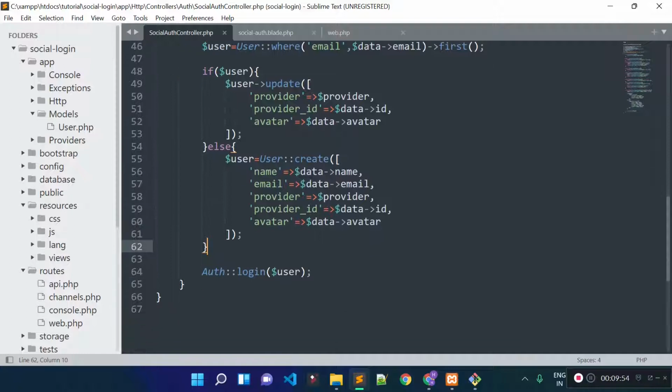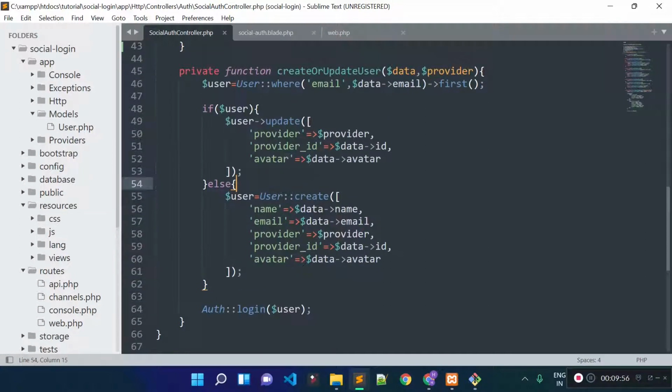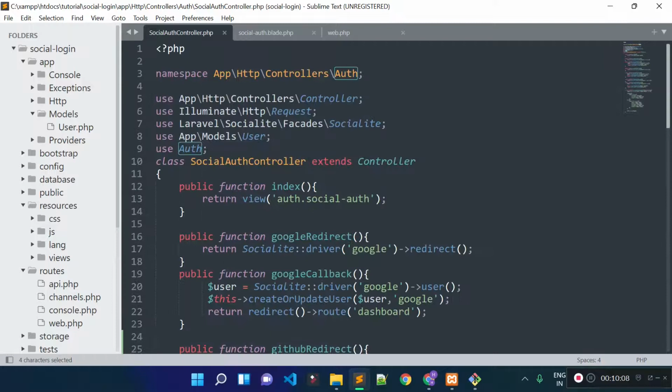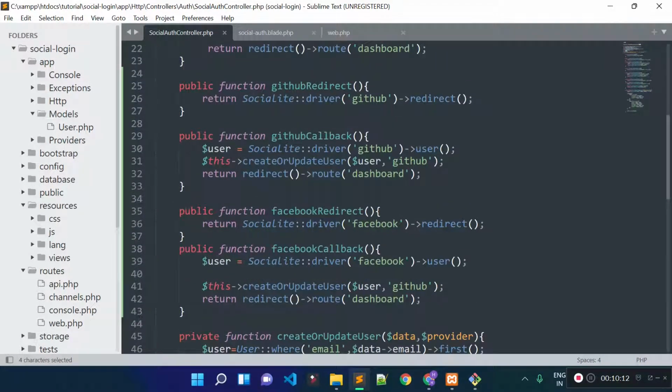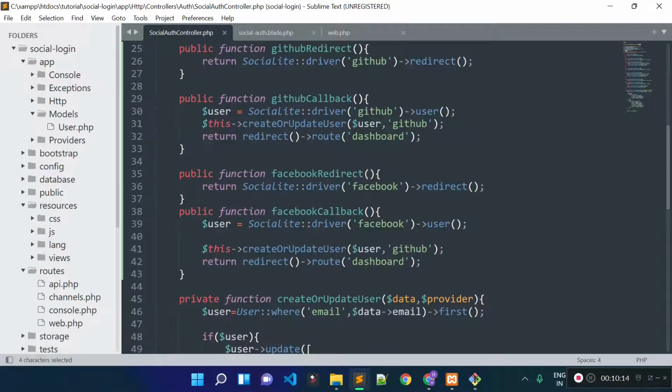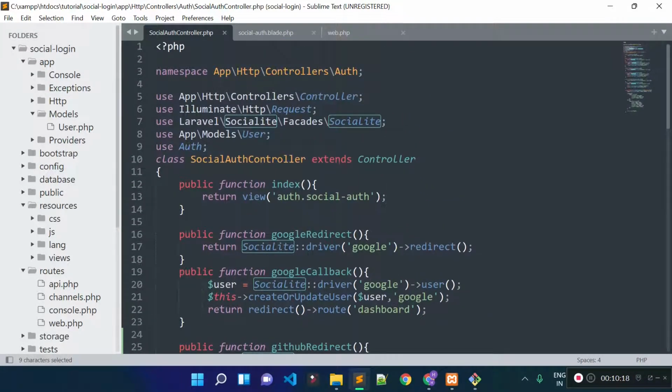And after updating or creating the user, we are logging in the user with the help of the auth login method, and we are providing the user object here, and I already imported this auth facade inside the social auth controller, and I forgot to tell you that I also imported this social auth facade inside our social auth controller.